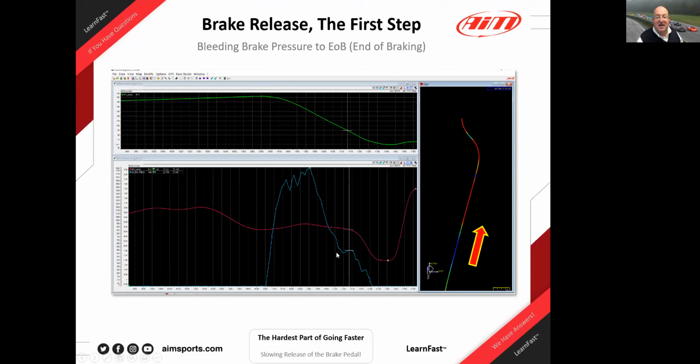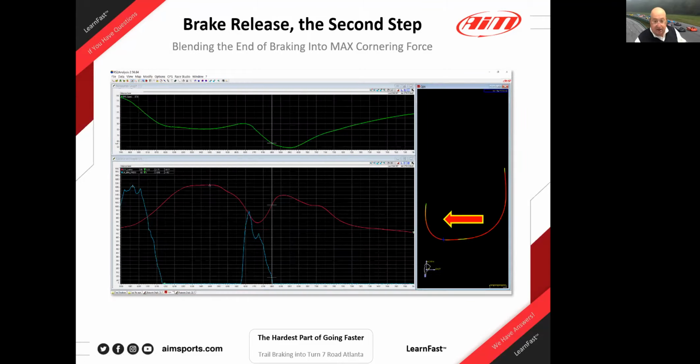It's very nice to see how he drags the end of the braking pressure past the initiation of steering, because we're building lateral G's. It's fantastic. It works really well, and it's something that you can use to figure out. So then next,